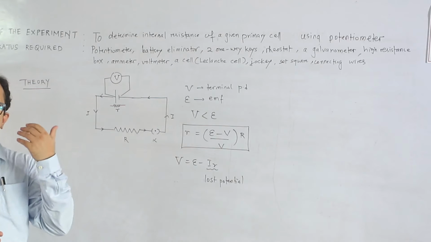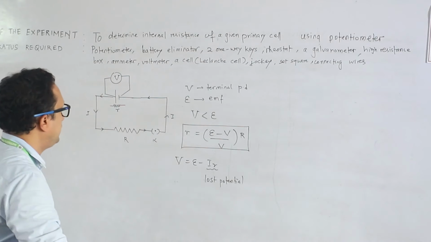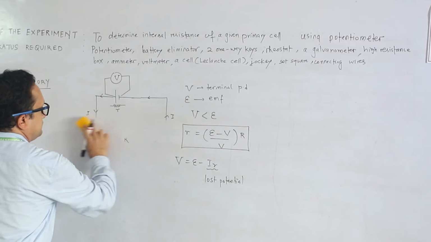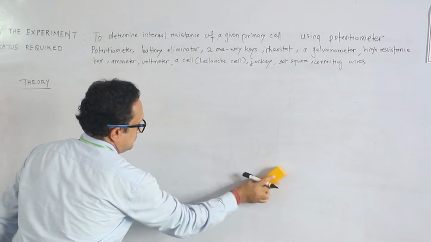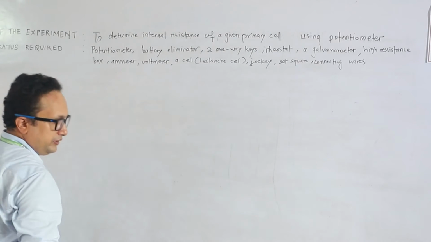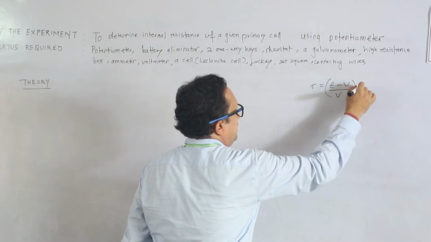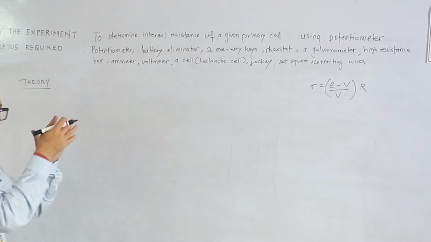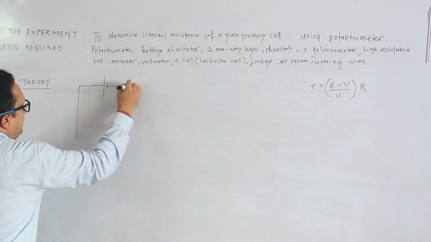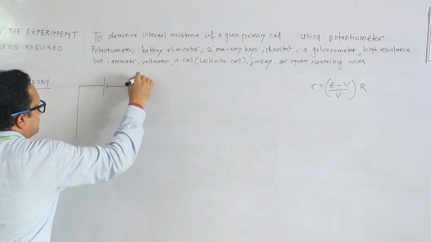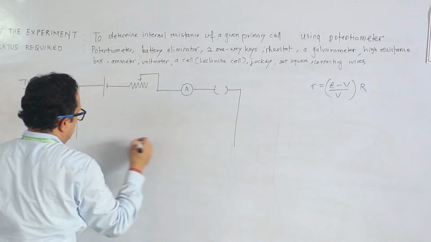For this, we go back to the auxiliary circuit of the potentiometer. Let us go back to the circuit. So let me just have my working formula here, (E minus V) by V into R. That is my working formula. How am I going to use it? Let us look at the auxiliary circuit. We have the driver cell, then the rheostat, ammeter, key,